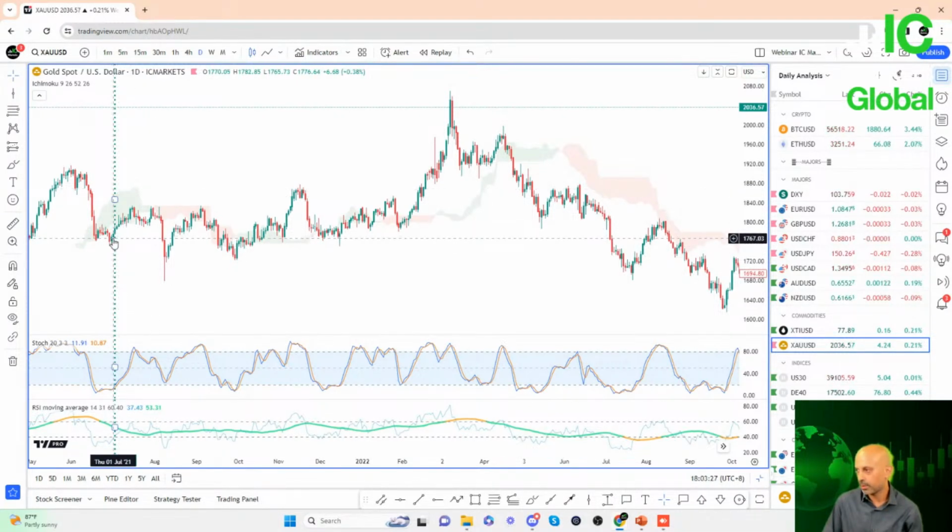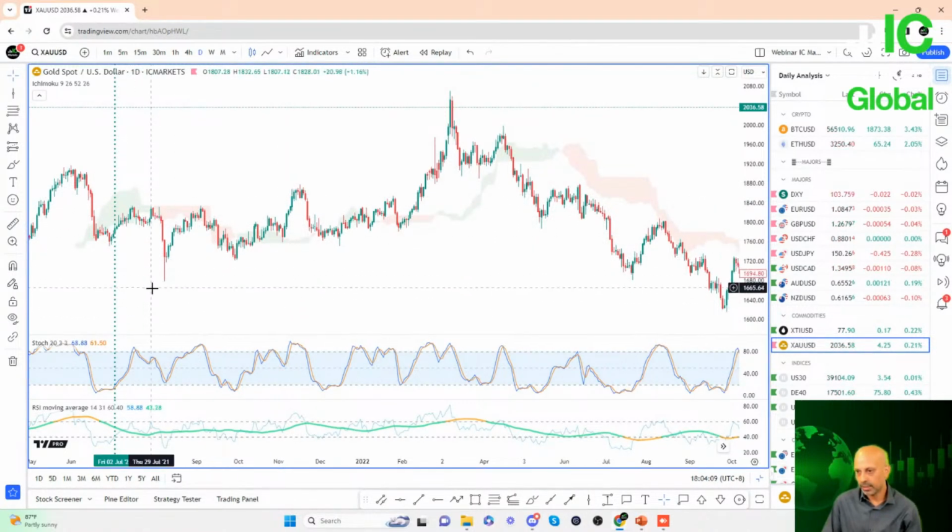So gold prices went from 1,767 to as high as 1,830, right? And as the stochastic oscillator climbs above 80, it also helps us identify a potential moment to start considering taking profits on the long gold trade, right? So that's how we're going to use the combination of RSI and the stochastic oscillator. Right, so we can see here as the oscillator moves up, this is in July of 2021. RSI also is moving higher away from the oversold conditions, and we also see price rising quite strongly as well.